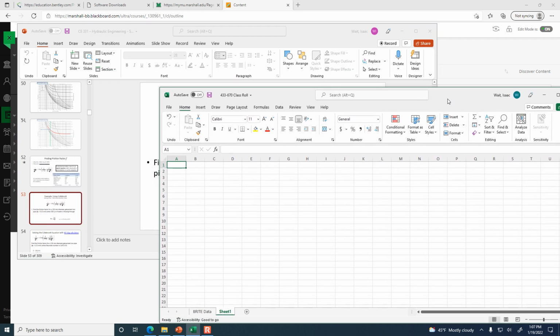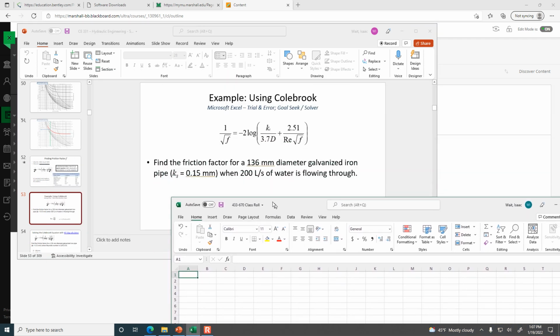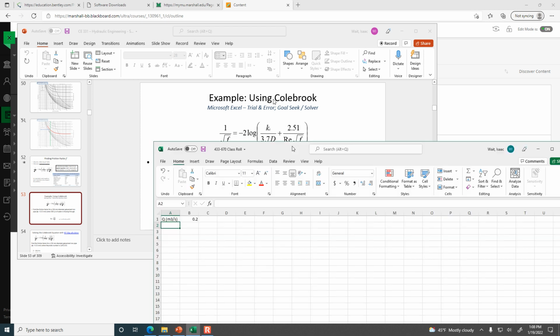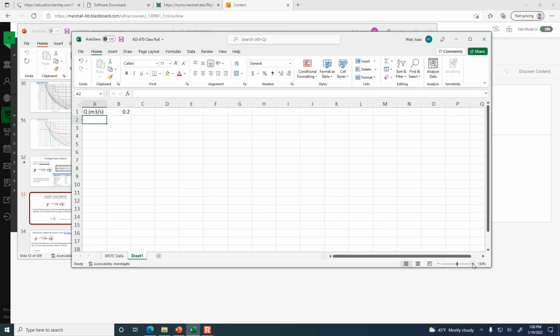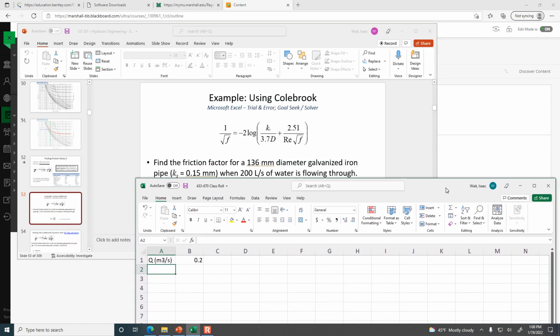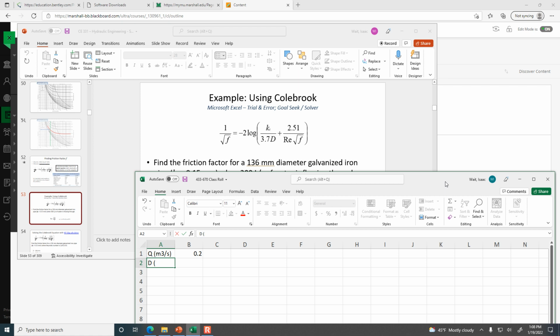So let me put in the flow rate, Q, in terms of cubic meters per second. That would be the given 200 liters per second divided by 1,000. So 0.2 cubic meters per second. That's the flow rate. And the pipe diameter is 136 millimeters, and so then the diameter of the pipe in meters is